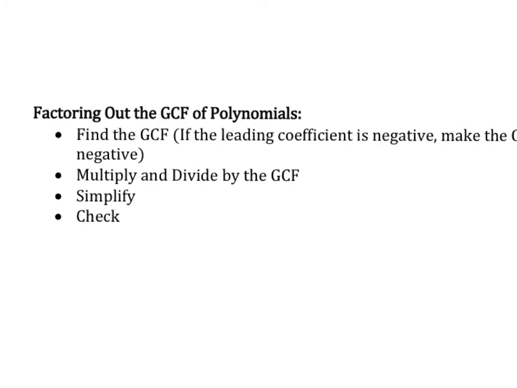The part that gets to factoring is when we multiply and divide by the GCF, right? Now, if I multiply and divide by the same number, I'm going to come off to the side here. For instance, if I take x and I multiply it by 2 and I divide it by 2, what I'm really doing here is I'm multiplying by 1 because 2 divided by 2 cancels. And so